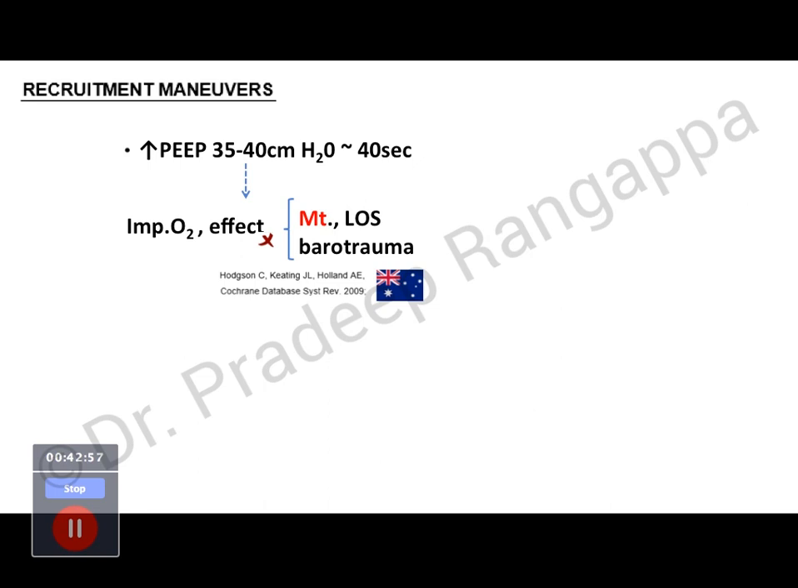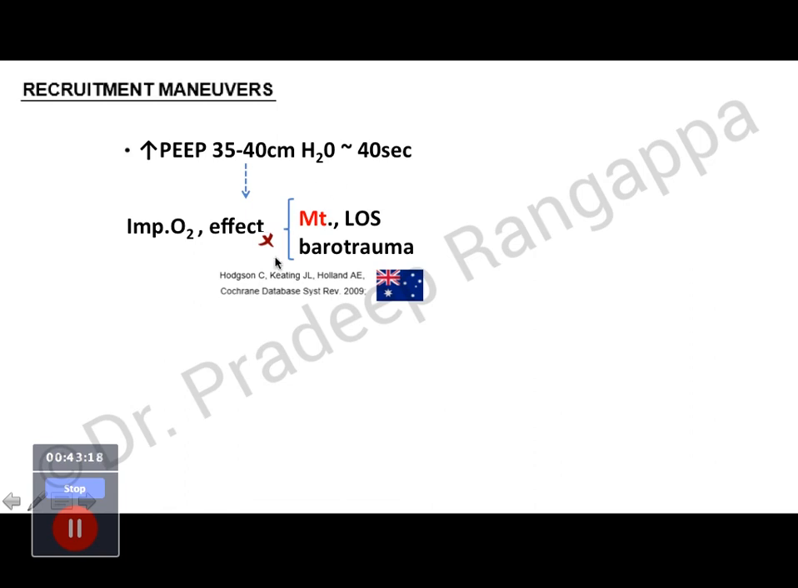So recruitment measures, I'll just take a couple of slides. So we talk about low tidal volume, optimal PEEP, driving pressure. All this is still not helping. Then we have to talk about recruitment measures. So how do we do recruitment? So we increase the PEEP to very high levels, 35 to 40 centimeters of water for around 30 to 40